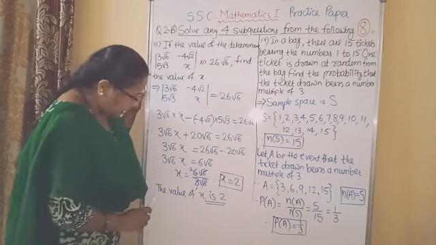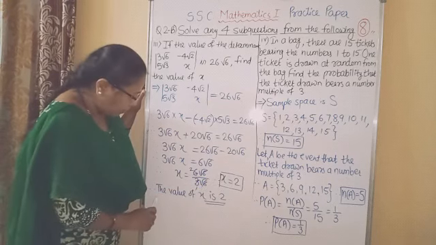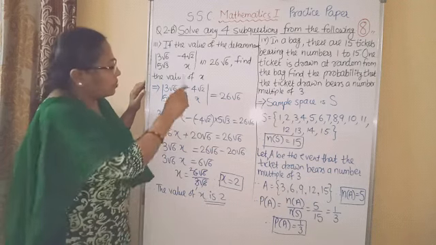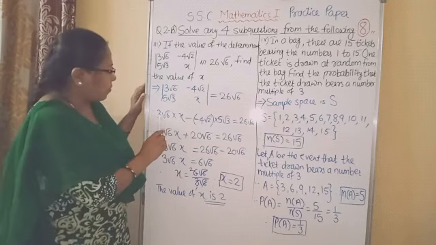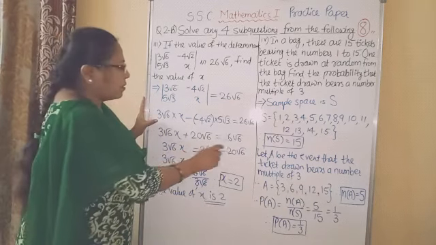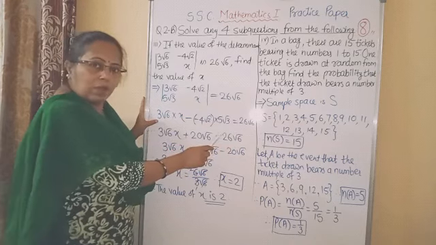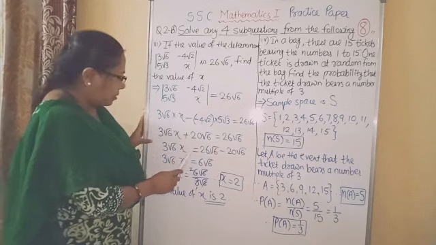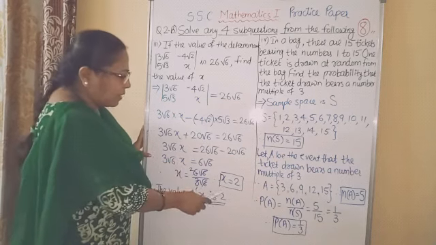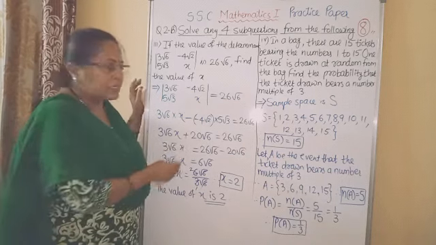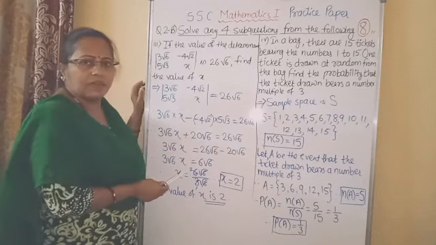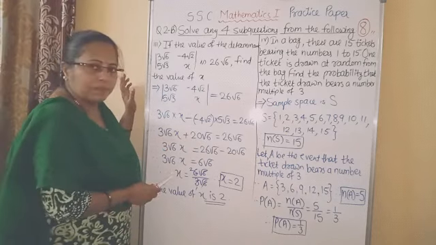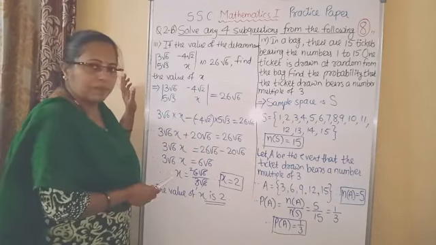Highlight the answer, and then write the answer in a statement. Therefore the value of x is 2. Followed? In this solution, maybe for the first step 1 mark is given, then for the second step half mark, for this step half mark, and for the final answer half mark. See, how the marks are given may change. I am just giving you a possibility. Okay, followed.